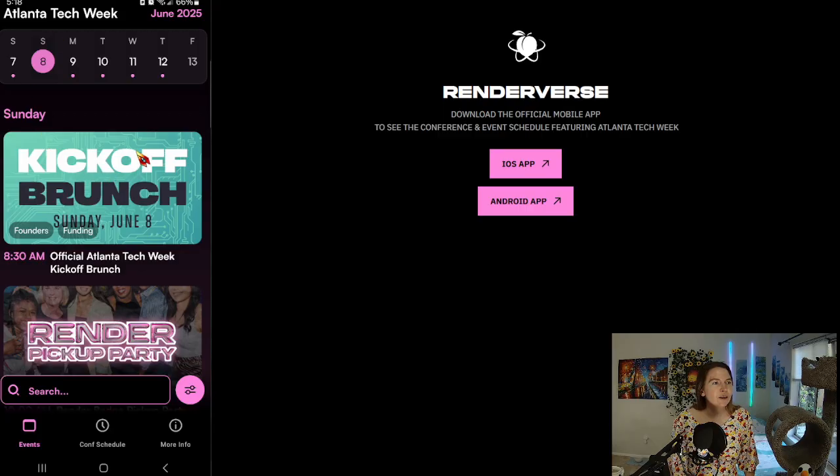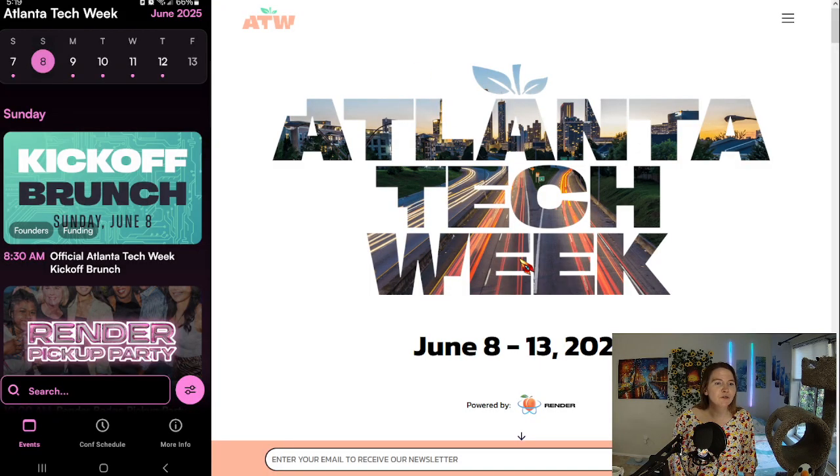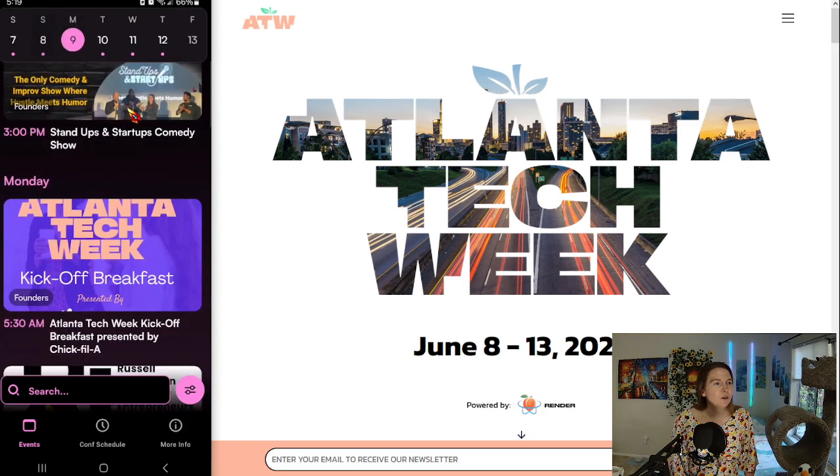Once you sign in, you'll be able to see what I have here to the left. It has all the events that are going to occur. You might notice some of these are earlier than the actual conference. The reason for that is the conference is part of the Atlanta Tech Week. So if you get there a little early, you can enjoy some extra tech events earlier in the week. So in here you, of course, click what day you want to go to see what's